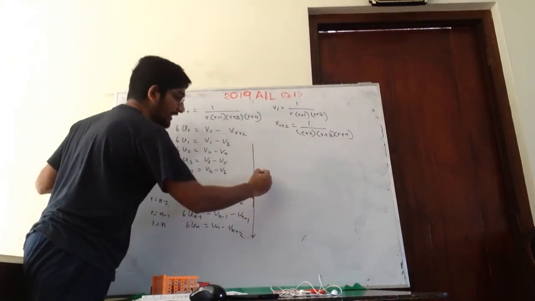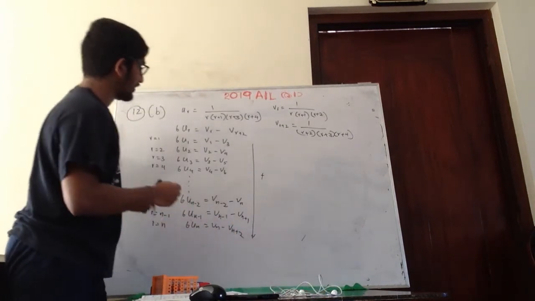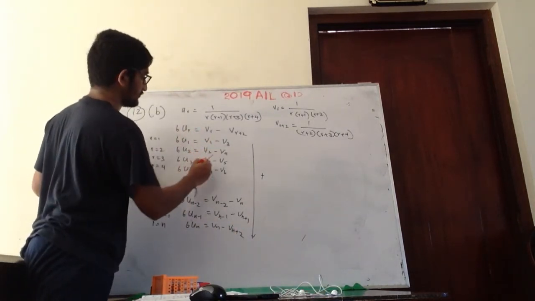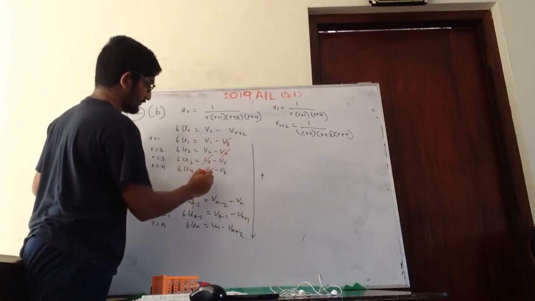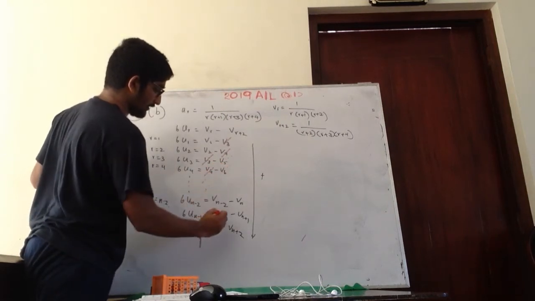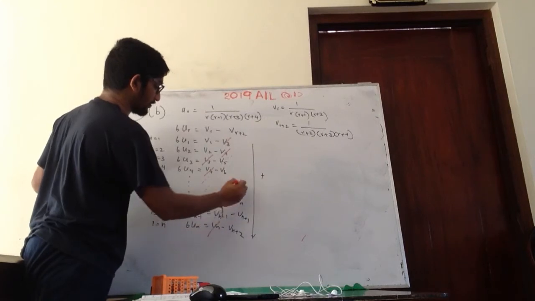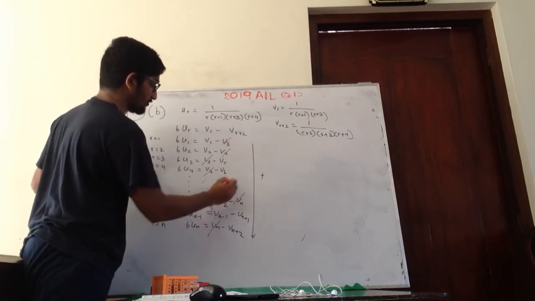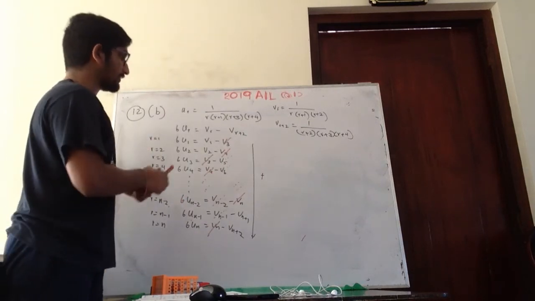So what I need to do is add these up. When I add these up, I can cut these off. This will also get cut off somewhere from here, this also, and this too. So then we will be left with